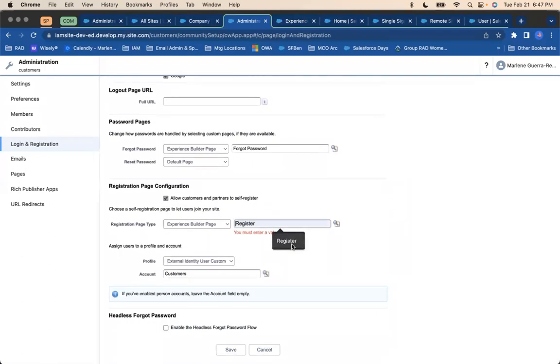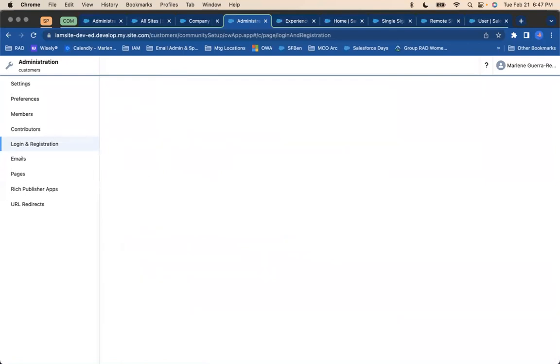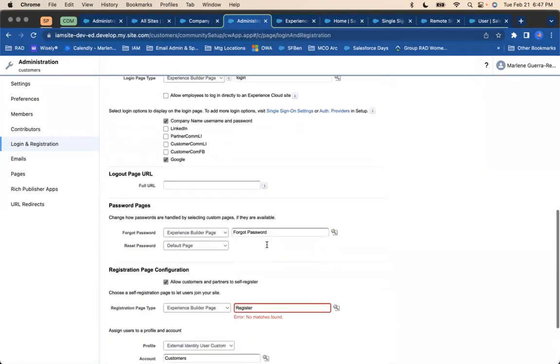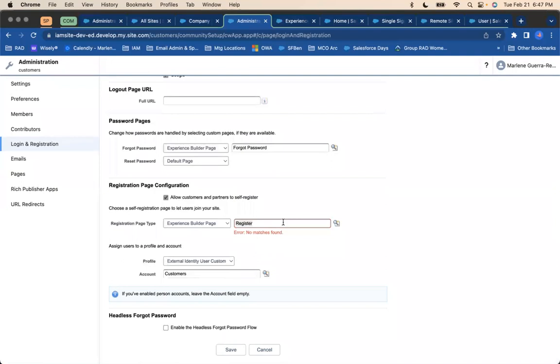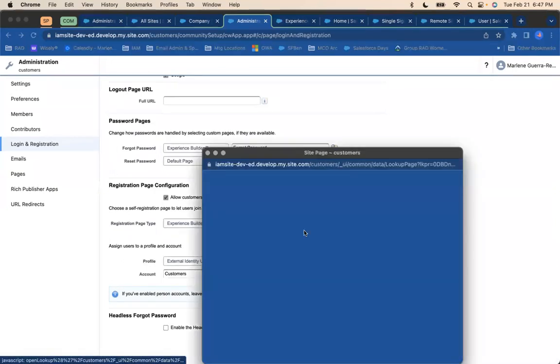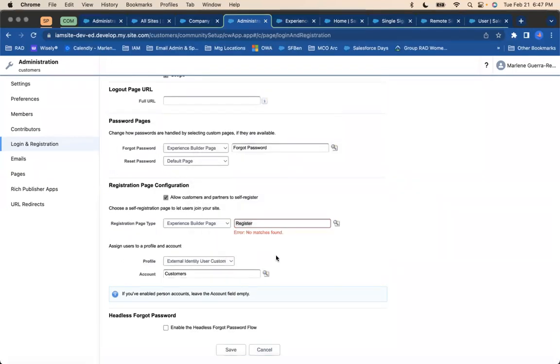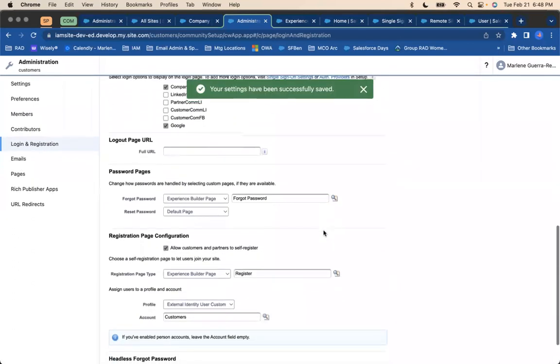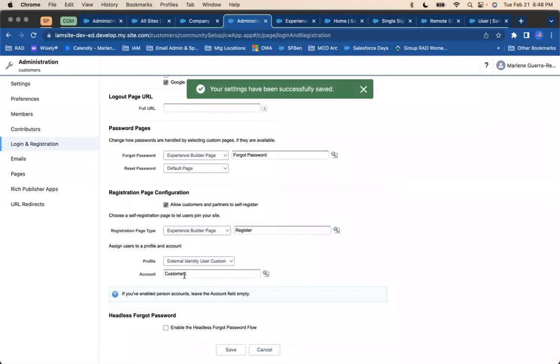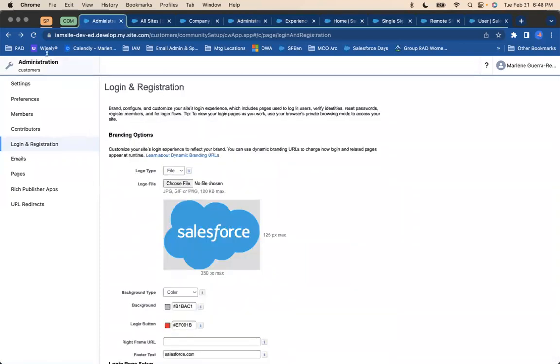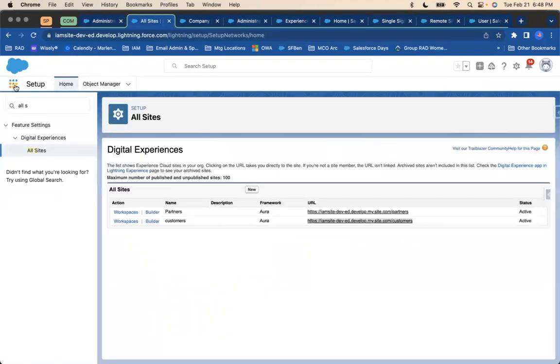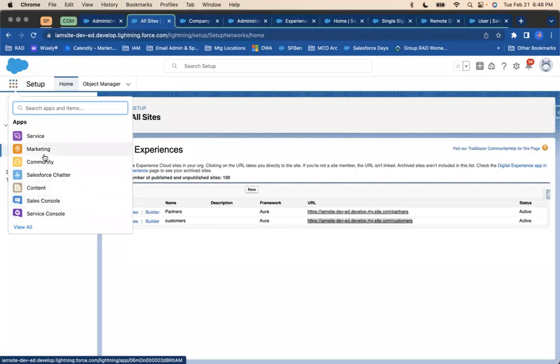I must enter name. It's finicky that way. It doesn't always want to recognize what you typed in, even though it matches. There we go. Successfully saved. So now when I go to customers and I go to my main page,